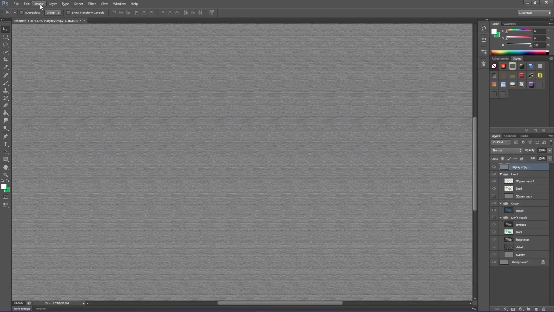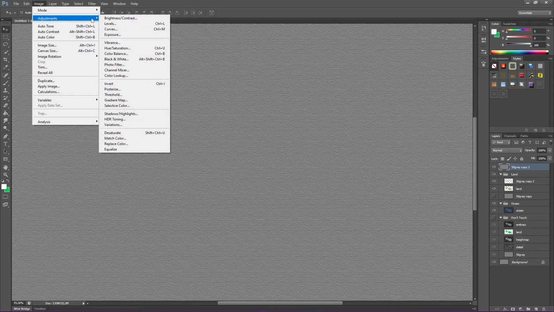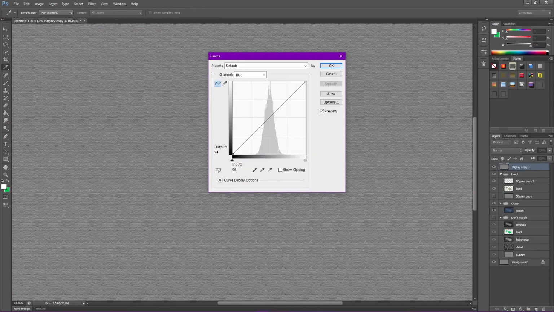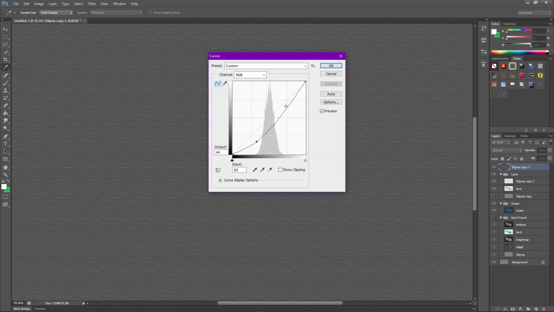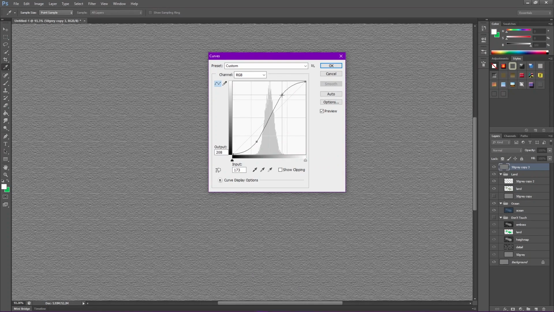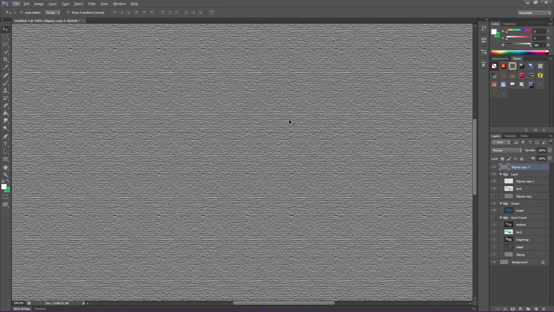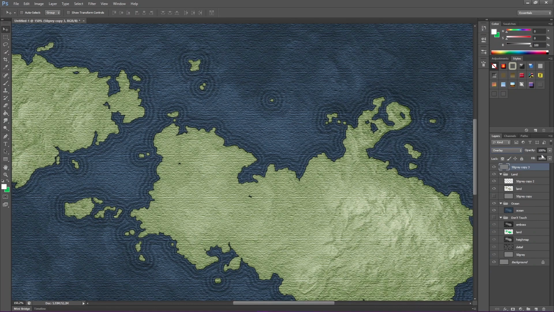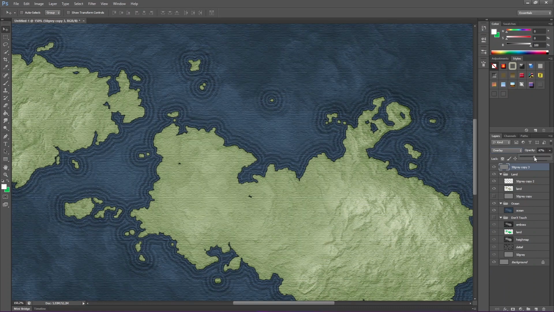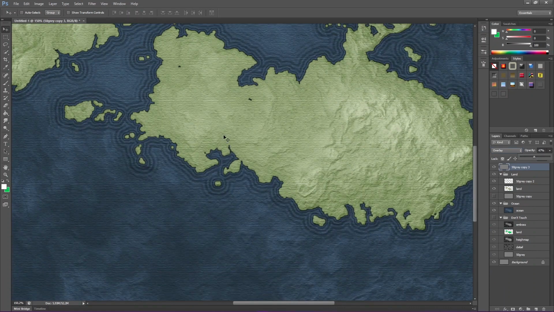And then what you want to do is take this layer, Curves, and do the same thing again. We want to give it quite a severe cut through. What that does is it gives you that texture quite severely. But now when you overlay it, you drop your opacity. So you get that lovely paper look, but you still have quite a lot of dynamic range to work with.